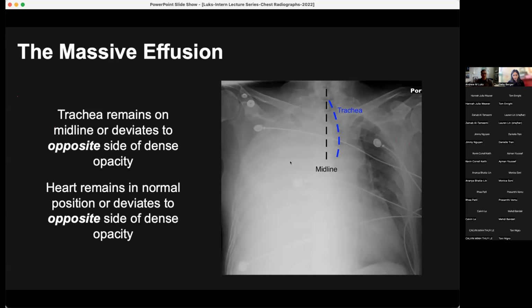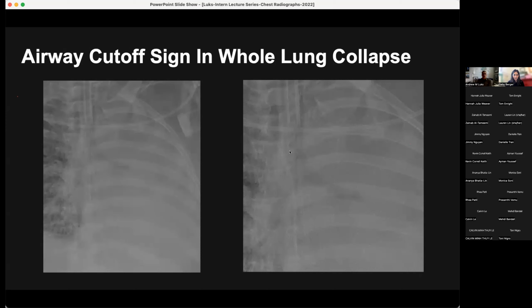If you were having trouble distinguishing based on the plain chest radiograph, the next most appropriate thing to do would be a quick bedside ultrasound, which would allow you to easily identify the presence of fluid as opposed to atelectatic lung. Now, an important finding that often helps you identify the presence of whole lung collapse is something known as